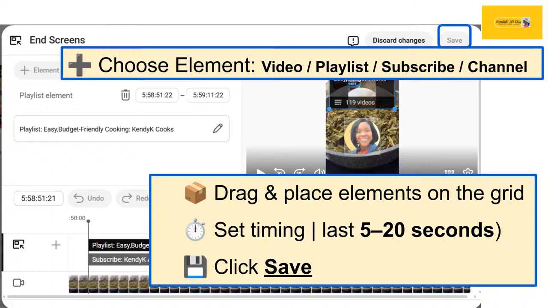So when you click on the end screen element to add that element, it will open up this window. It will look something like this, but it won't be my content. It will be your content over in the upper right-hand side so that you can preview it. And that is where you're going to add the element. So presume I am adding, in this case, a playlist. And I know it's a playlist because it says I have 119 videos in that playlist. And if I'm not mistaken, that is one of my largest playlists. It's my